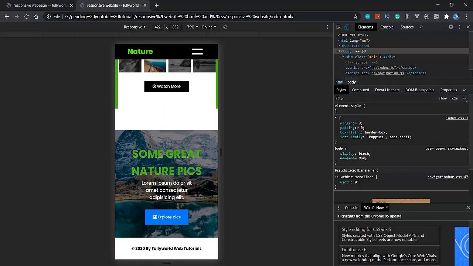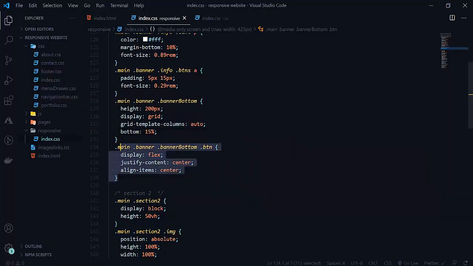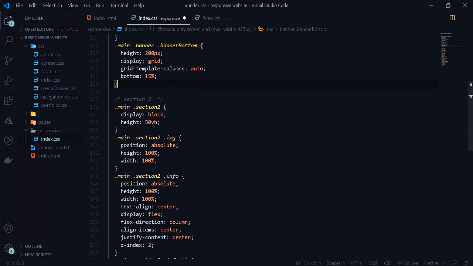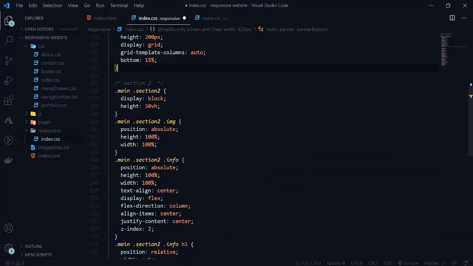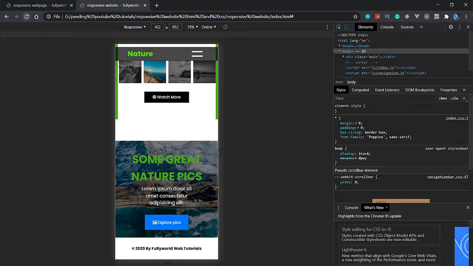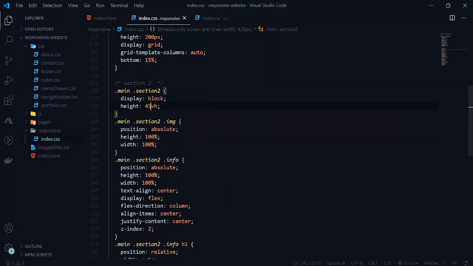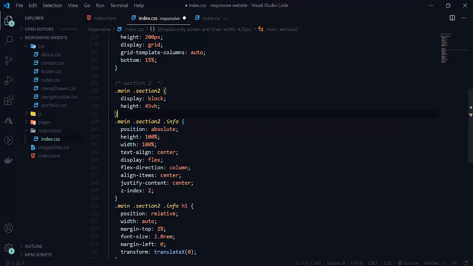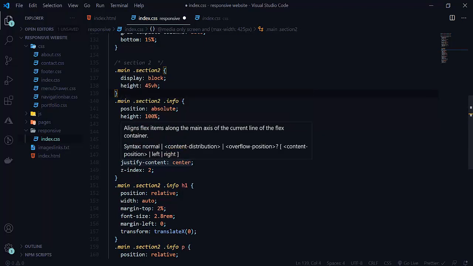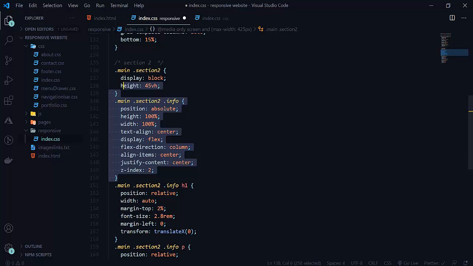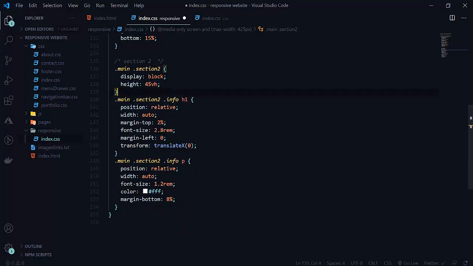So now we don't want to change over this button here. So let's move here. Here we also want to change its width. So let it be 45 VH. Now it is looking good. We don't want to change the image here, because we already changed it in the previous section. We don't want to change anything in the info also, so just remove that.